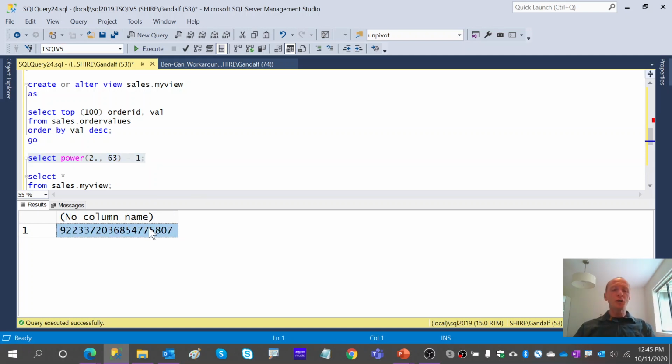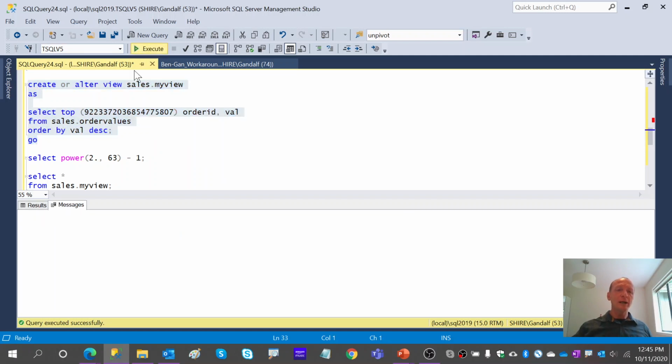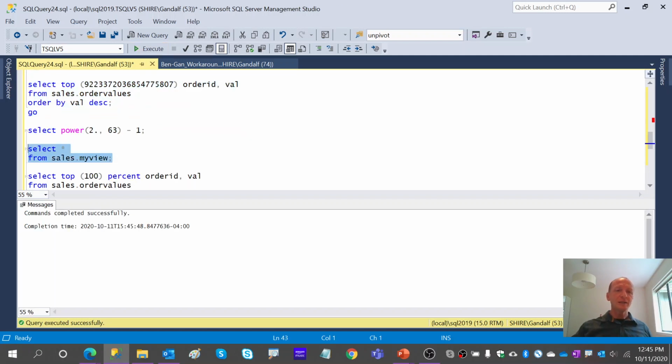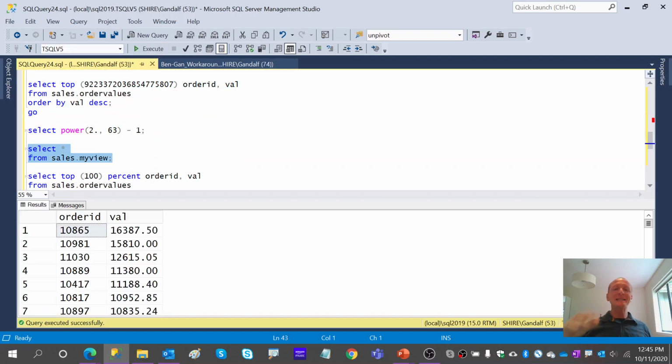This is the largest possible big integer that you could have. So, people just use either this number or just a very, very large number that is way larger than the results that could ever be. And now, if I go ahead and query the view, notice the optimizer doesn't realize, hey, I can now optimize the combination out. But I would still not consider it as a safe way to guarantee presentation order.